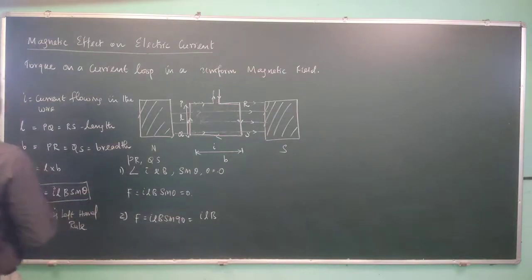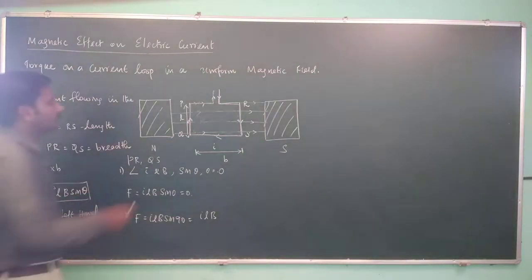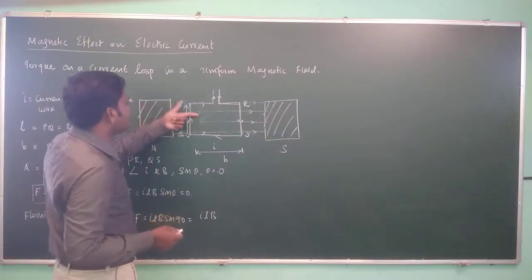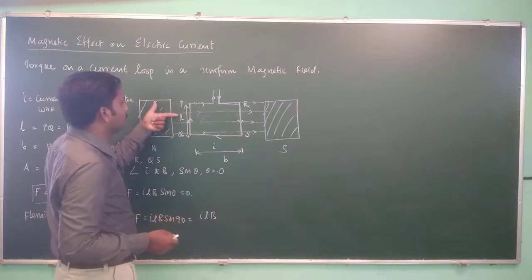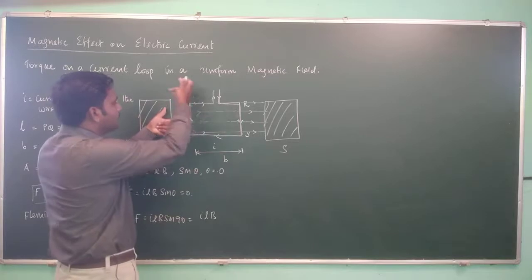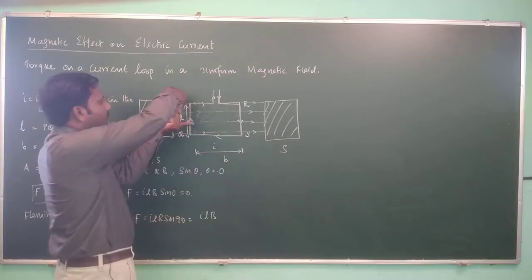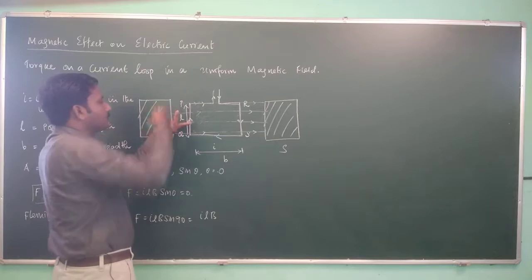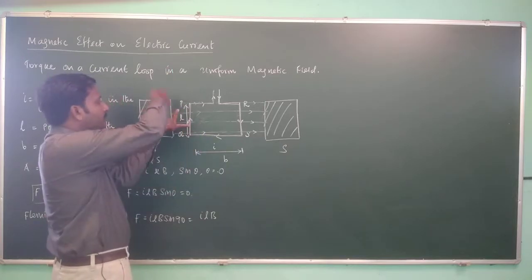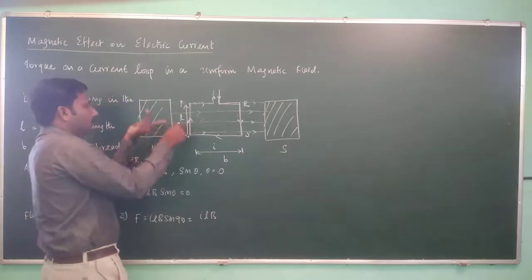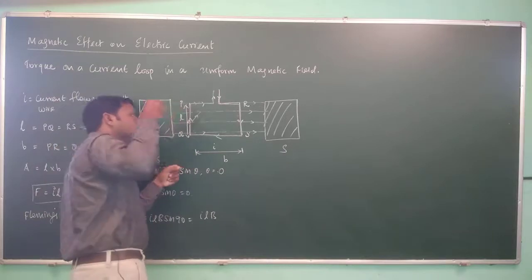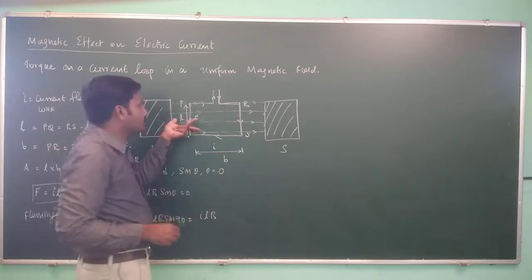But what would be the direction that we would like to understand? See, in the side PQ, this is the direction of the magnetic field. So you can put the forefinger here, and the upper direction, this is the direction of the current. So this should be put like this. In this case, this is the direction of the magnetic field, this is the direction of the current, and the force is directed inwards, that is, the force points into the board.